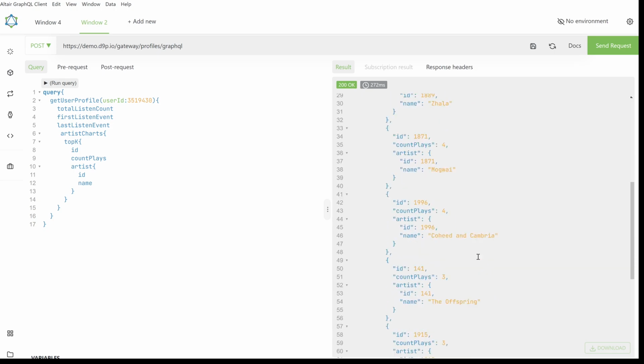Let's see how we can build this streaming service with Quick. The first thing we should always start with is creating a Quick context. We need a Quick host and an API key. I will use demo d9p.io as a host, and I have copied the key, but you cannot see it right now. For more information about Quick and how to get started, visit our website